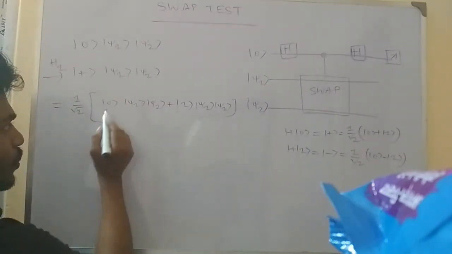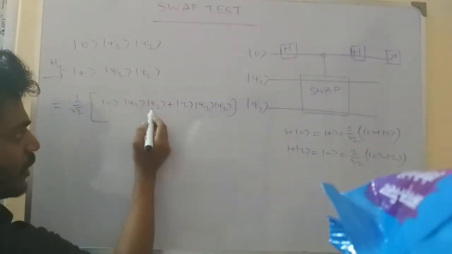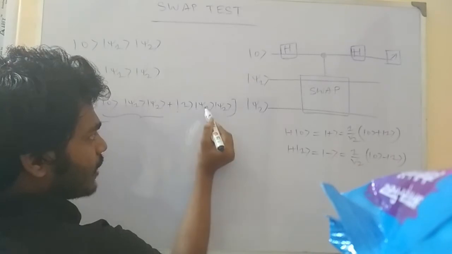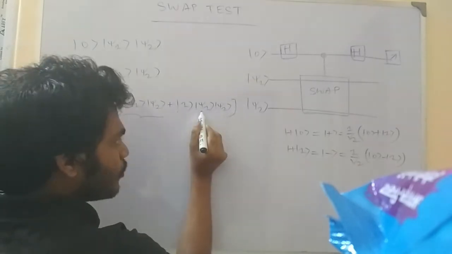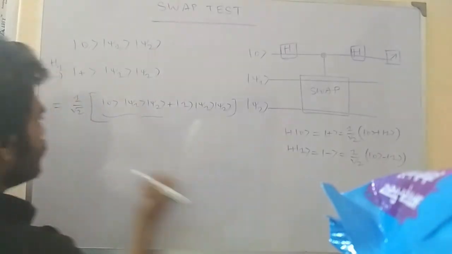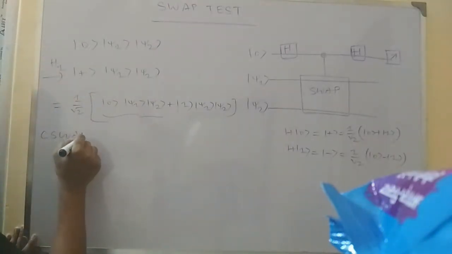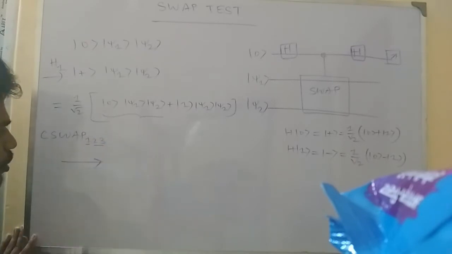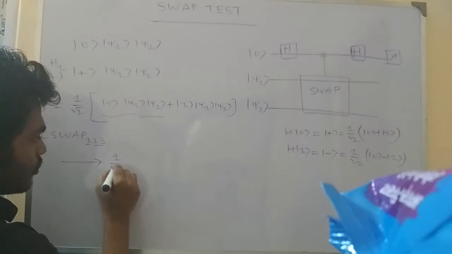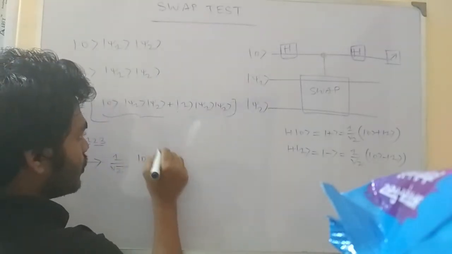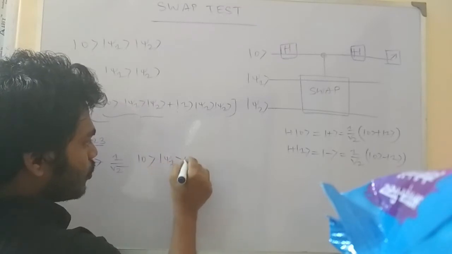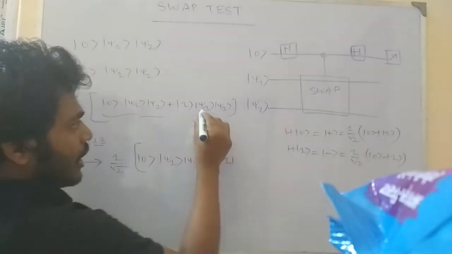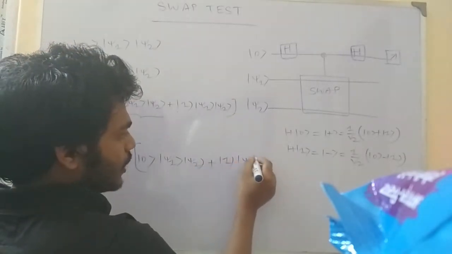And we know that when the control qubit is 0, there is no change on psi 1 psi 2, so it will remain the same. When the control qubit is in state 1, then psi 1 and psi 2 will be swapped. So psi 2 will come to the second position and psi 1 will go to the third position. So after the control swap, with qubit 1 as the control and 2, 3 as the target qubits, we would have 1 by root 2, 0 (no change on the first term, so it remains the same), but in the second term, psi 1 psi 2 will be changed, so psi 2 and psi 1.